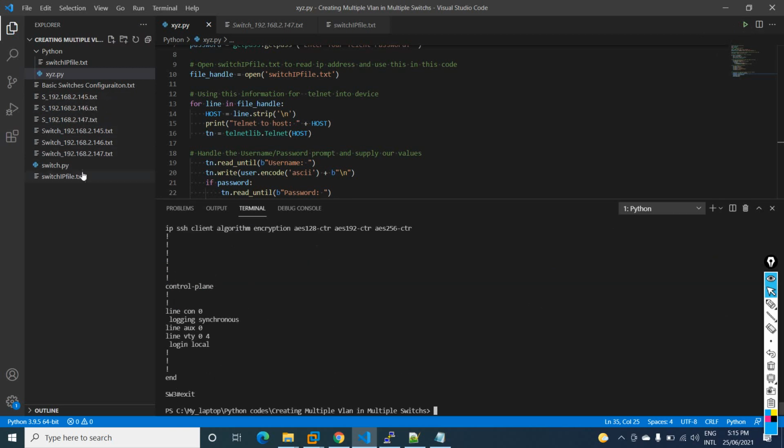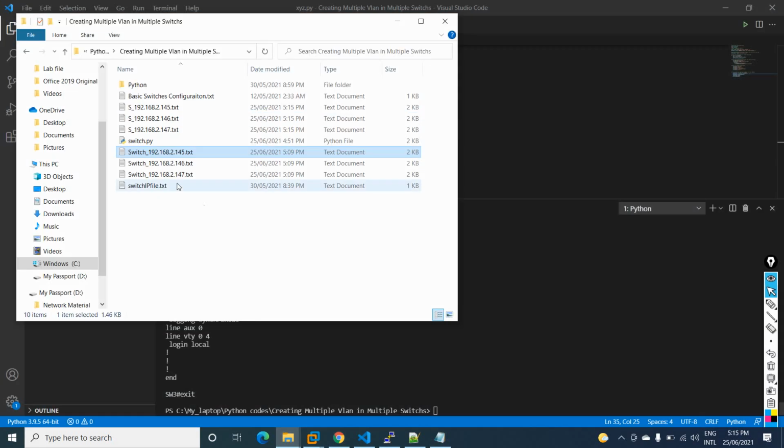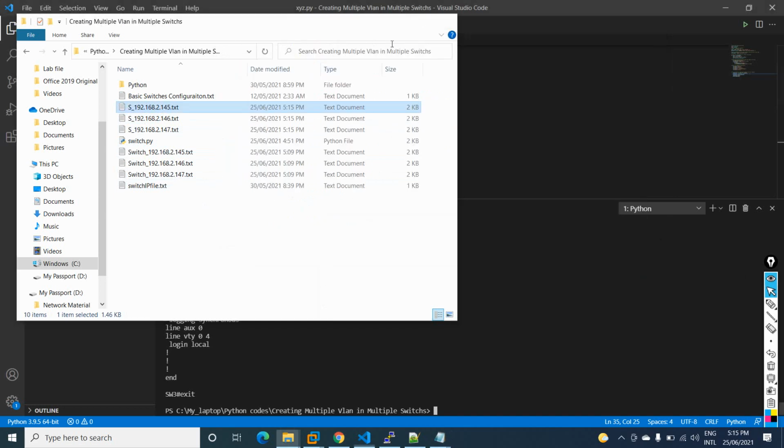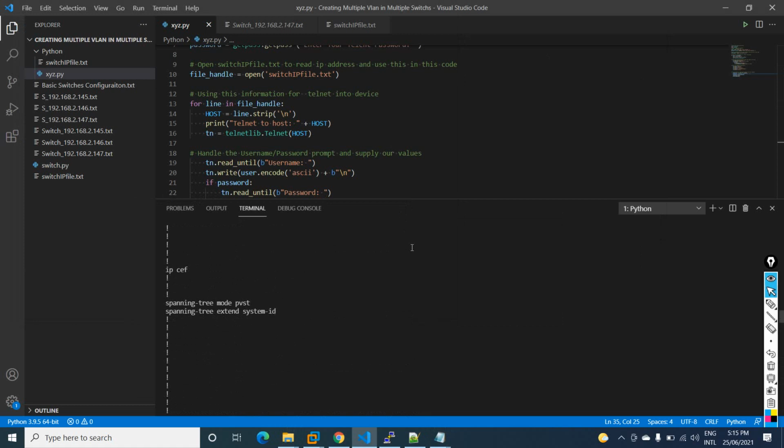Observe here, these files are created automatically and it runs all the code, everything is performed. All the files came here. If you want to check inside, you can go in and see this is a new file we have. So this is a backup of the devices. If you have 200 devices in your organization, you can get the backup in 1 minute. Just press run, and automatically this code will take the backup of all the devices.